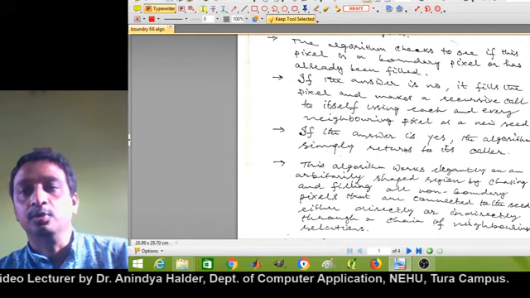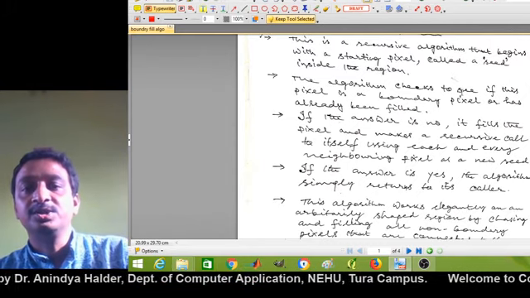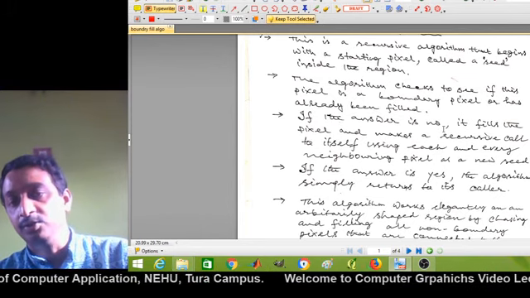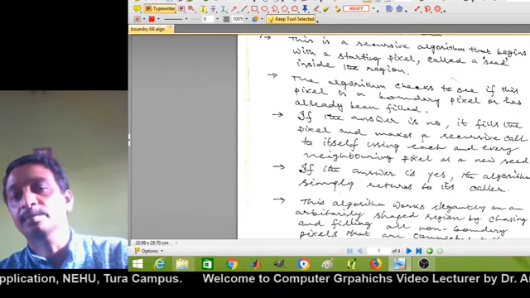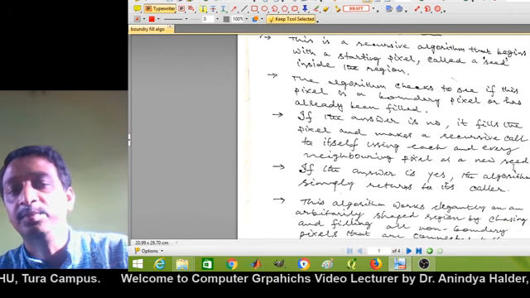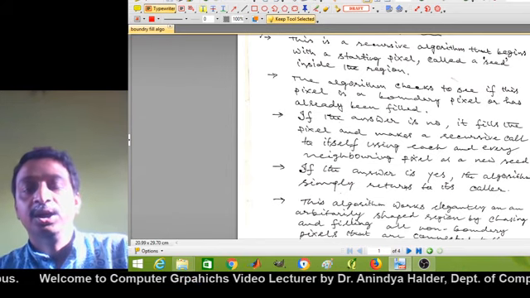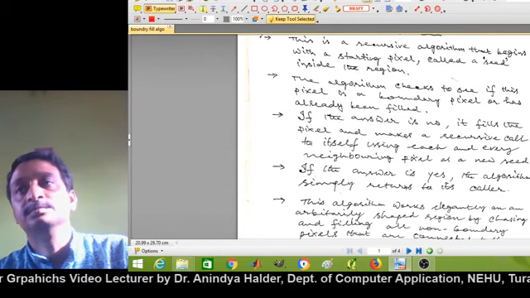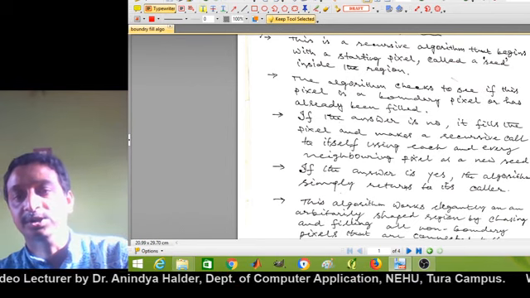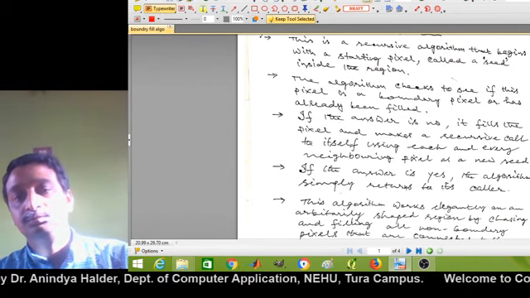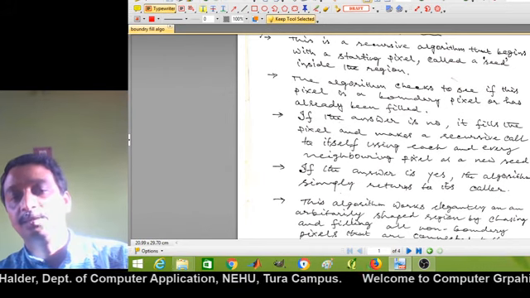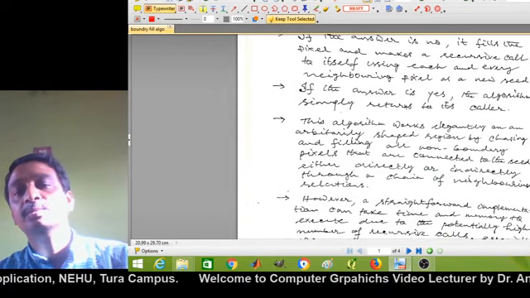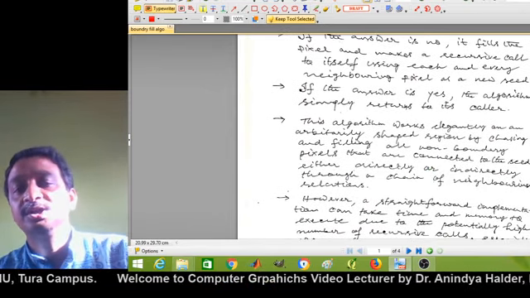If the answer is no, that part I have already discussed. That means the algorithm checks to see if the seed pixel is a boundary pixel or has already been filled. If the answer is no, then it fills the pixel and makes a recursive call to itself using each and every neighboring pixel as a new seed. If the answer is yes, that means the seed pixel is either a boundary pixel, or it is already filled with the desired color, then it will not call the neighboring pixels, and simply it will return its color. The algorithm works well for an arbitrary shape region